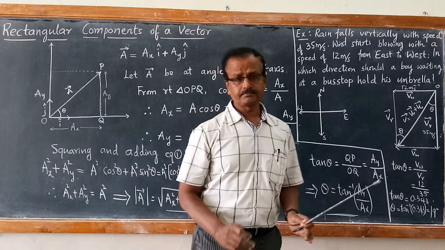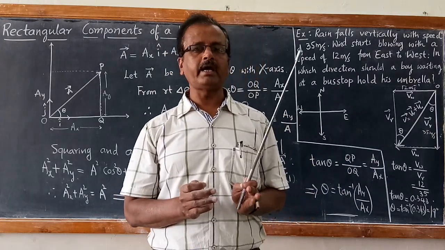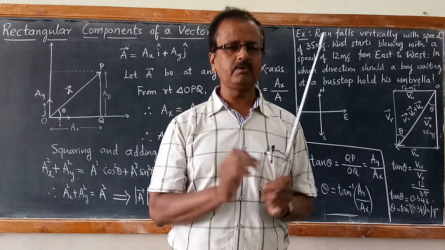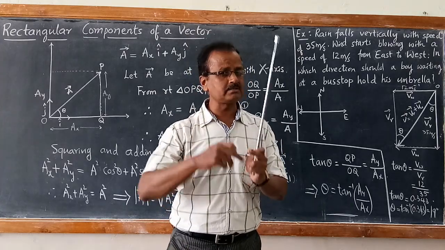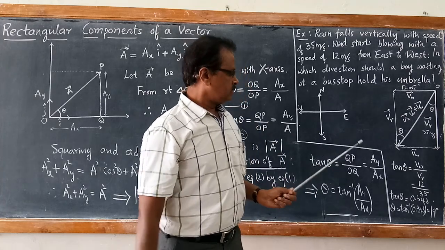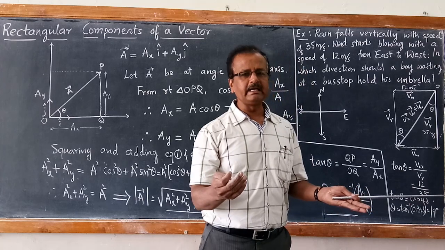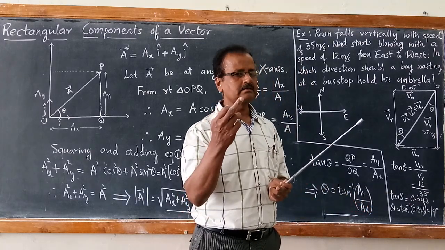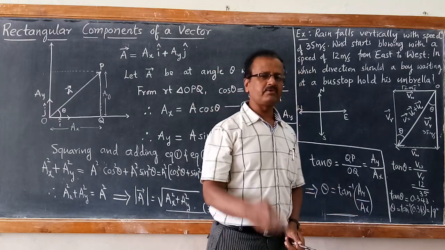For example, tan inverse of tan 45 is 1. You all know that tan of 45 degree is 1. So tan inverse of 1 is 45 degree. It is in that sense. So tan inverse of 0.343 will be definitely less than 45 degree, because tan inverse of 1 is 45 degree.